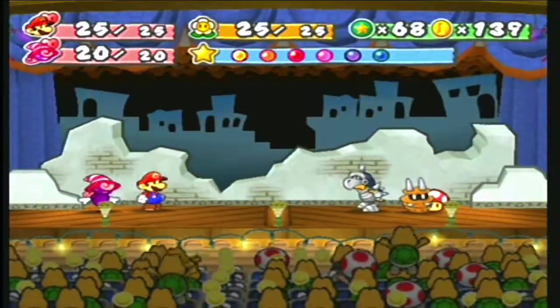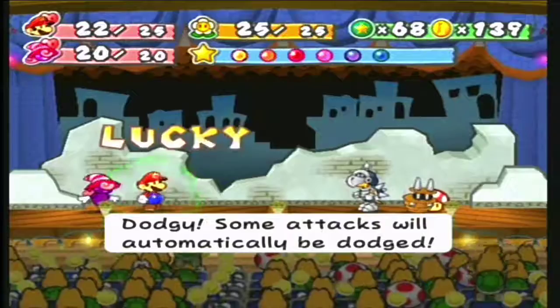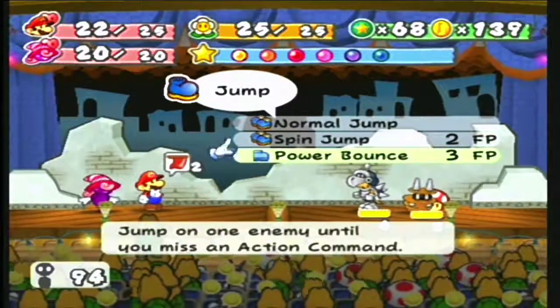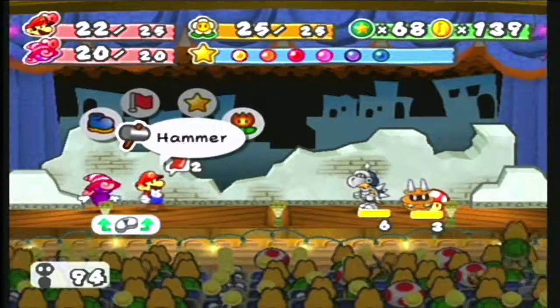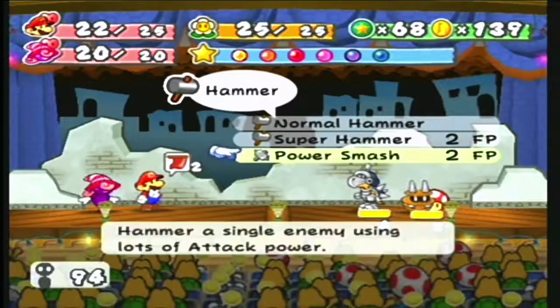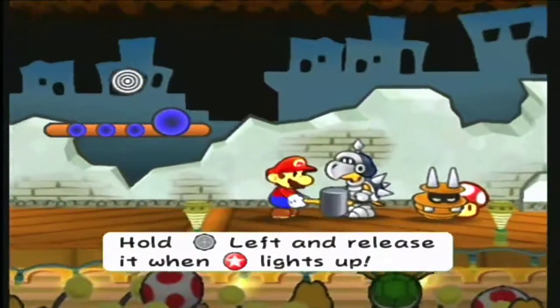Oh god. Looks like we're going to have ourselves a short battle. Alright, 3 damage, not really a problem. As you can see, there is still one of those spinning guys with him, but the main enemy is this guy here, the Koopa Troll, so...